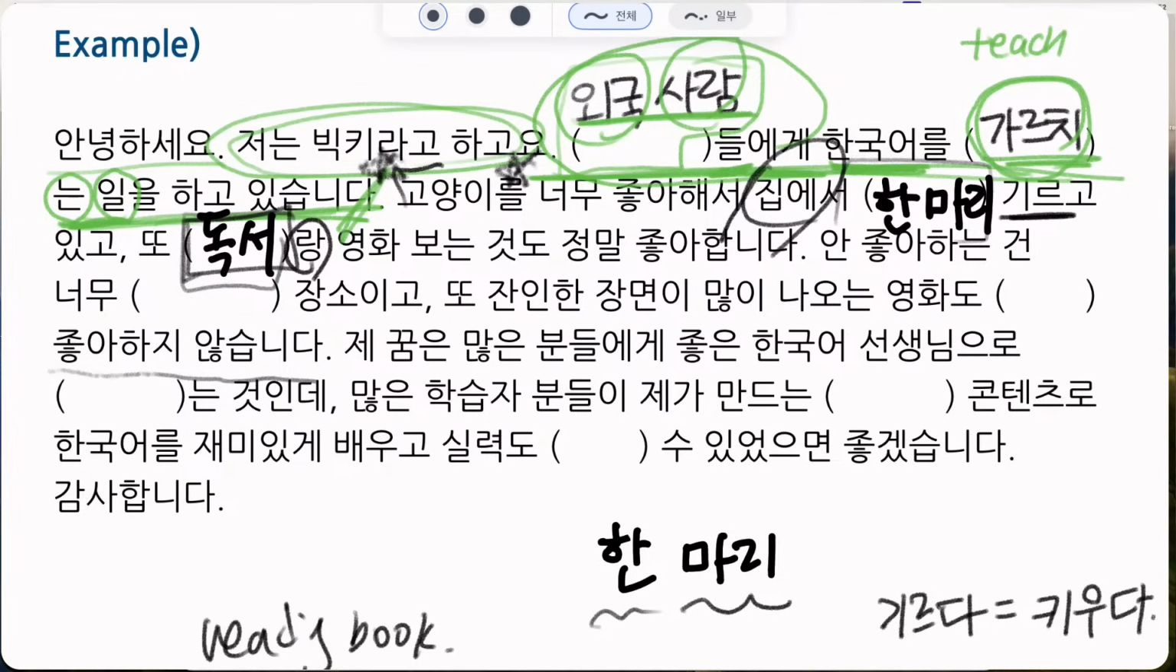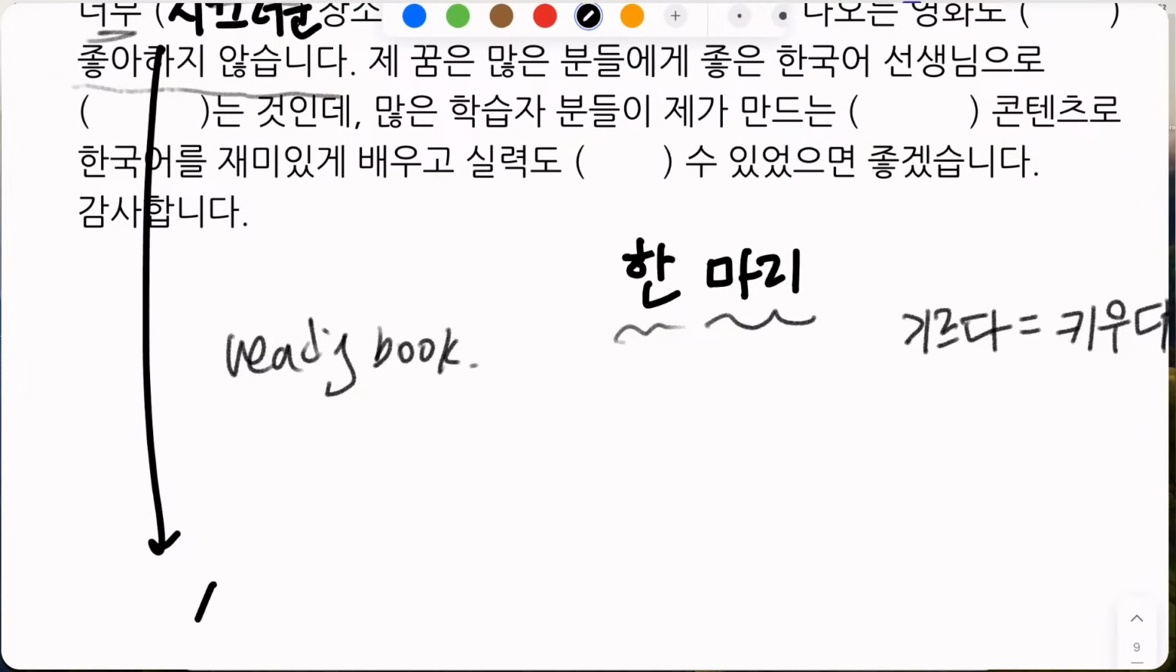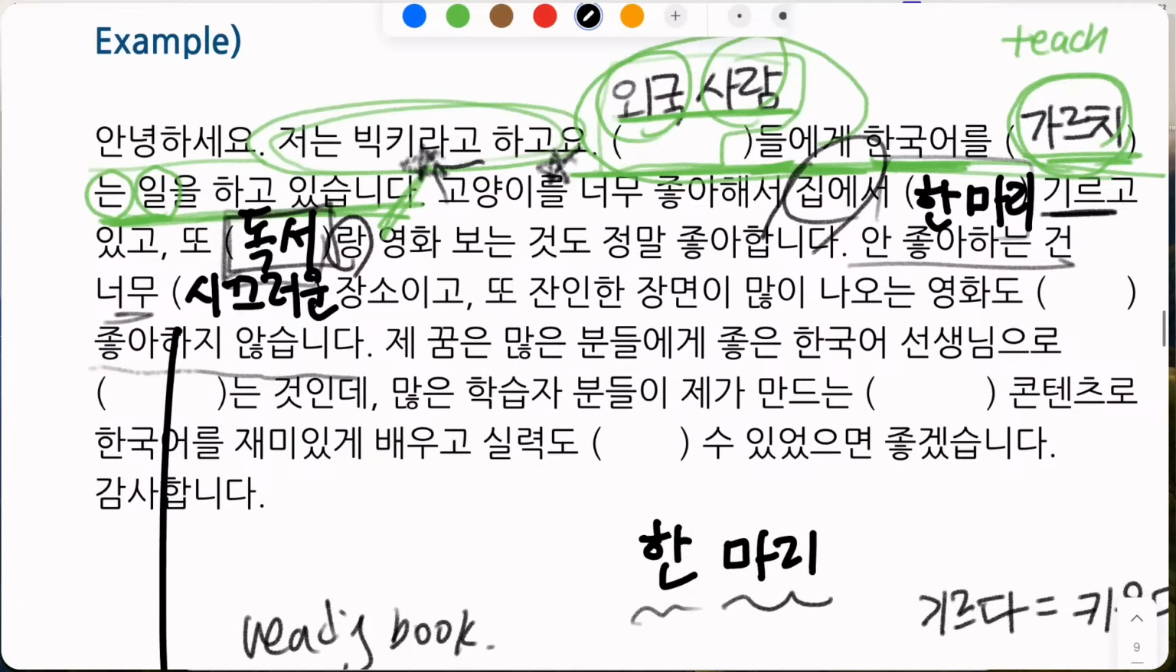So let's start from the first sentence. 안 좋아하는 건 what I don't like is 너무 too 시끄러운 장소이고. 시끄러운 is an adjective that comes from 시끄럽다. So 시끄러운 is the modifier form of 시끄럽다. And 장소 means place. So too loud place, too noisy places. And